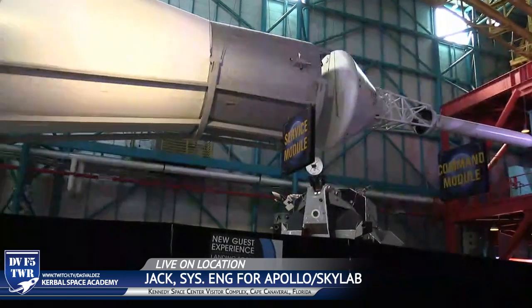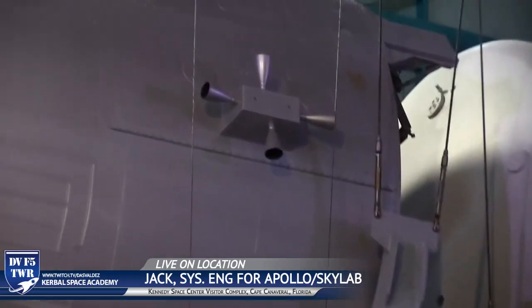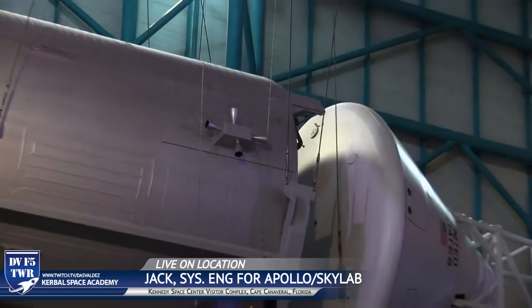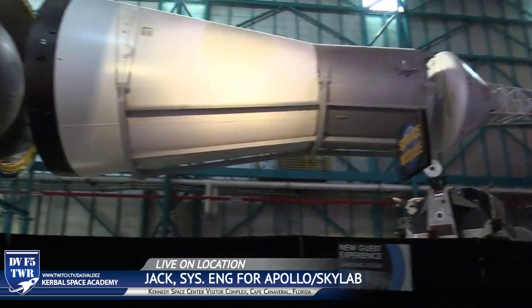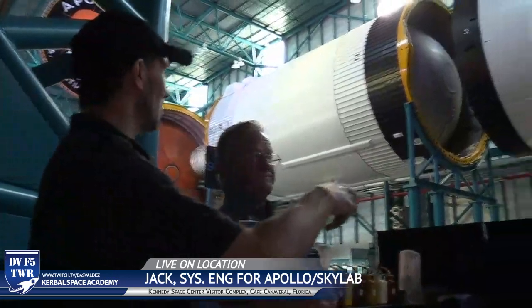And by the way, the astronauts had no access to that service module. They're just in the command module. Right, because there's a heat shield between them. The heat shield's on the back side of the command module. They couldn't do an EVA and get into it. So once you get into space, you don't get out there with a wrench. Gotcha. All right. So on the back of that, we're going to have the engine,